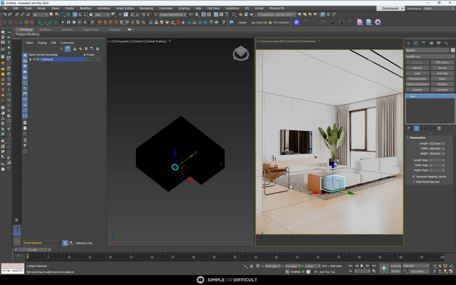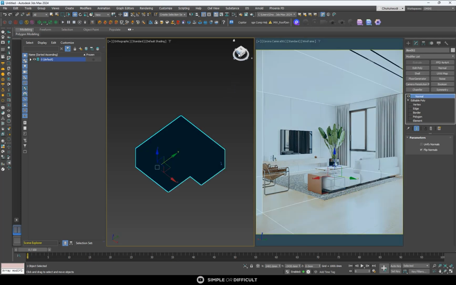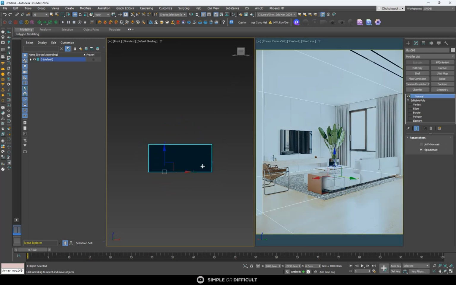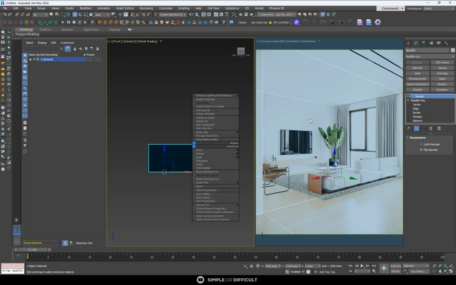Now, let's move on. So first thing first, let's create this opening for this window, right? So I'm going to, with the box still selected, put it on the front elevation and then hit 2 on the keyboard. Okay, I cannot do that. The next thing I want to do is right click, convert, because hitting 2 on the keyboard would have put me in edge selection mode for the sub-objects. But then because of this normal above here, I will not be able to access this shortcut till I convert